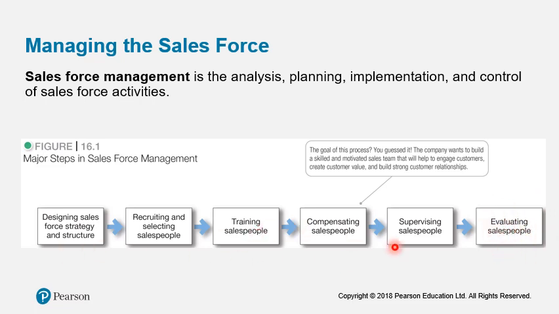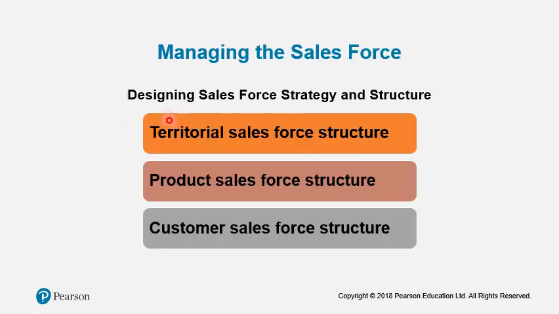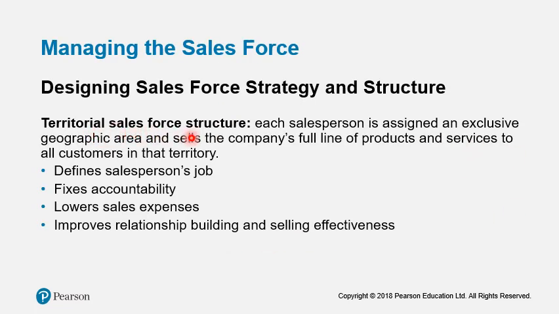So let's look one by one at each of these steps. Now, in designing the sales force strategy and structure, you can use 3 types of structure: territorial, which is location or geographical; product sales force structure, which is based on the types of product the salesperson can sell; and customer sales force structure, depending on different types of customers for different salespeople. The territorial sales force structure is when each salesperson is assigned an exclusive geographic area and sells